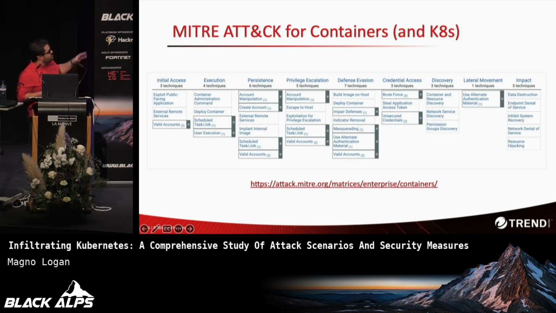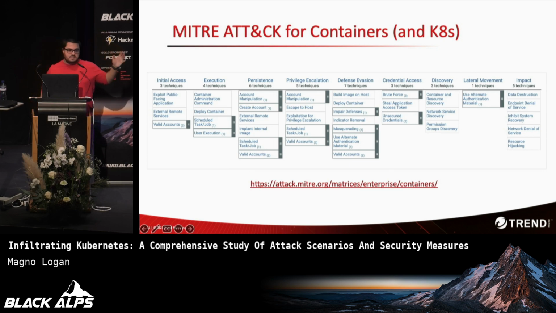But just a quick note, what's important here when I start talking about infiltrating Kubernetes, you can see that there aren't a lot of techniques for initial access. So the 3 main ways here, according to the ATT&CK framework, to compromise a Kubernetes cluster are exploiting a public-facing application, meaning you have an application running inside a container, inside a pod, inside the Kubernetes cluster, and that application is exposed and vulnerable, and someone compromises that application.